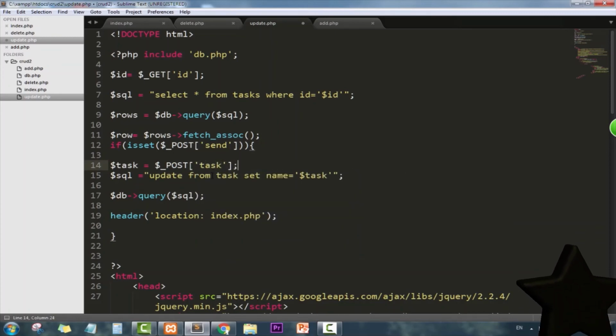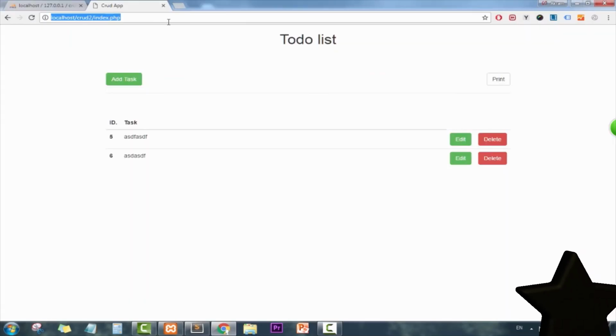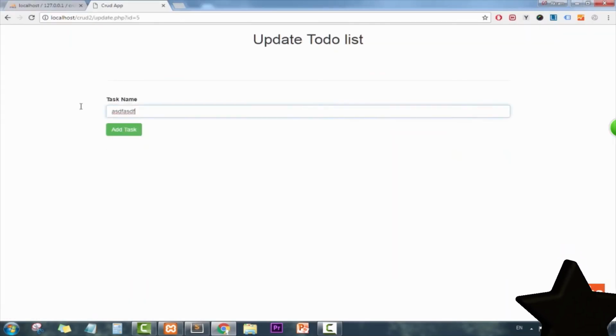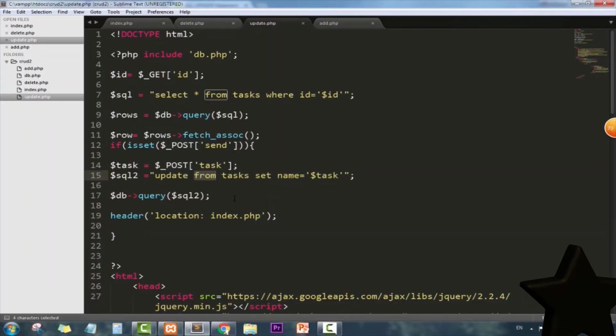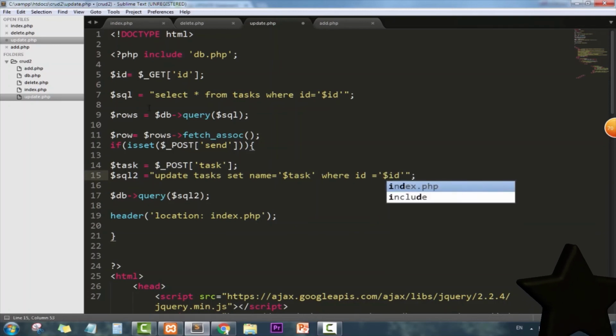Task. So now if we refresh and click edit, click OK. I did mistake here. I shouldn't say update from, just update task set task where ID equal to that ID that we get it